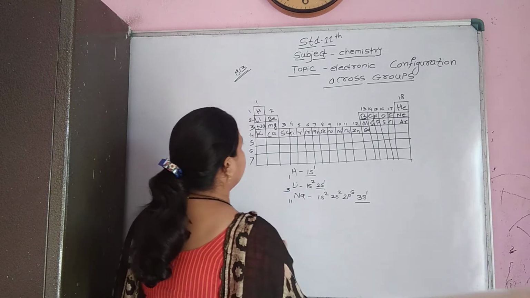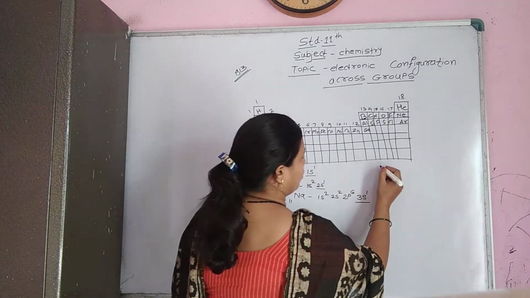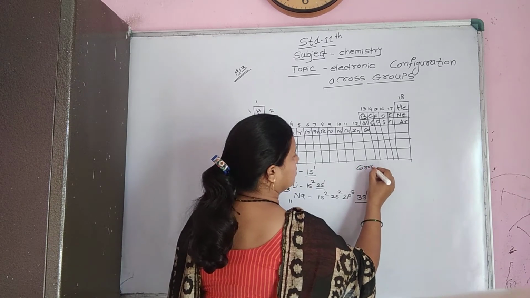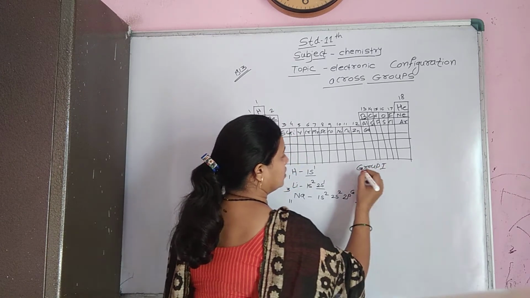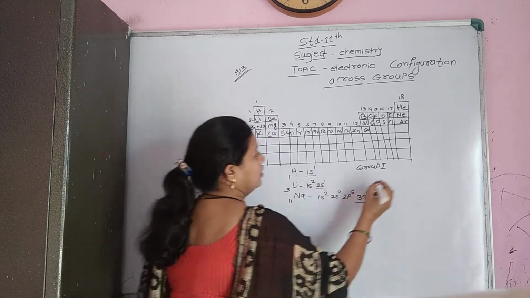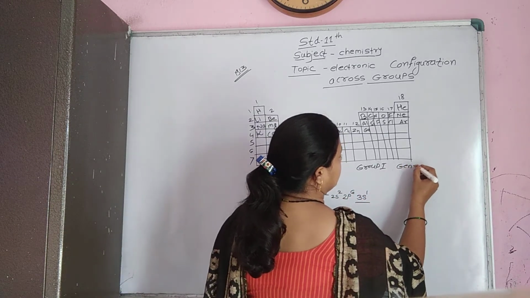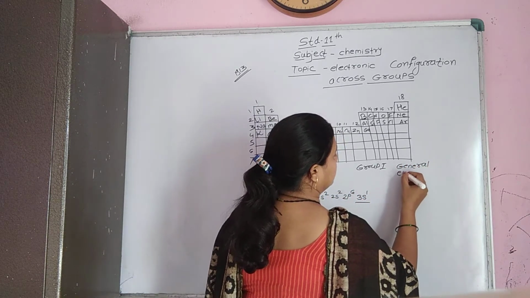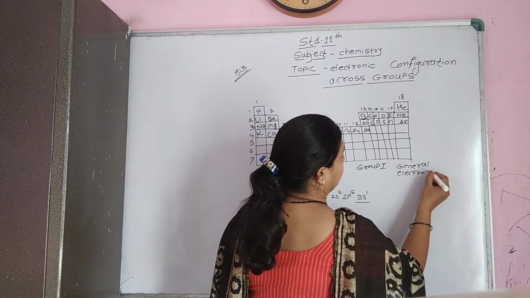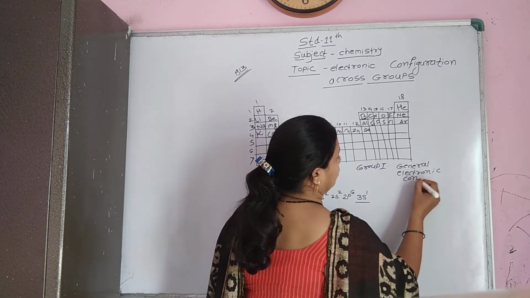So we write down the general electronic configuration. This is group first, and the general electronic configuration is